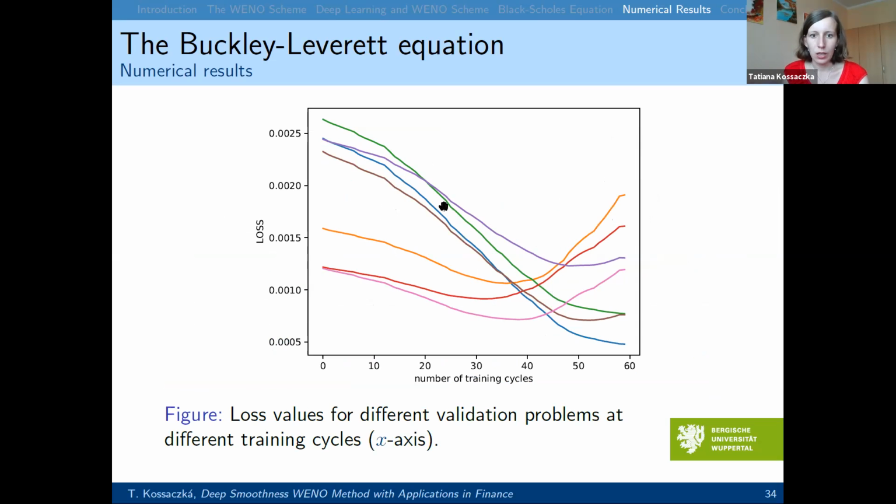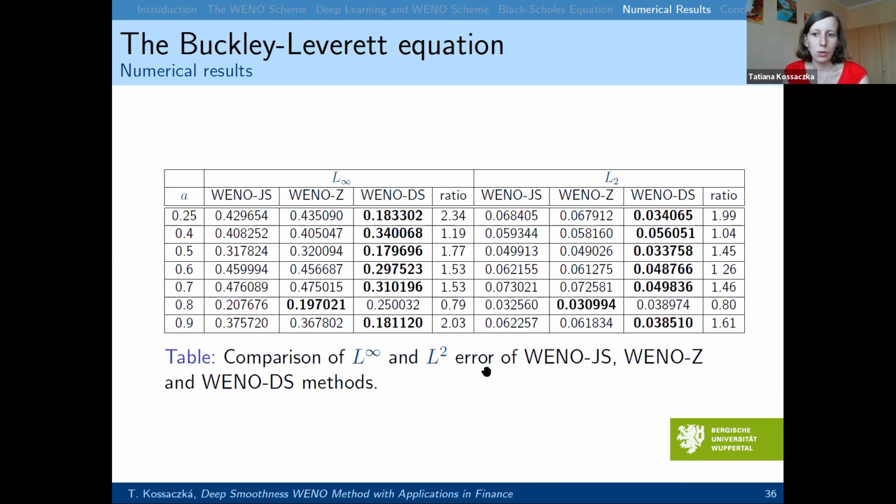This is a validation set, it's important to say. Maybe somewhere here there could also be some line where it starts to increase, like here, for example, after 30. So here is just one small increase of error, but in all other cases, we can see that our method performs better. And here is the biggest improvement for this parameter A. It's even 2.3 times smaller error using our method.